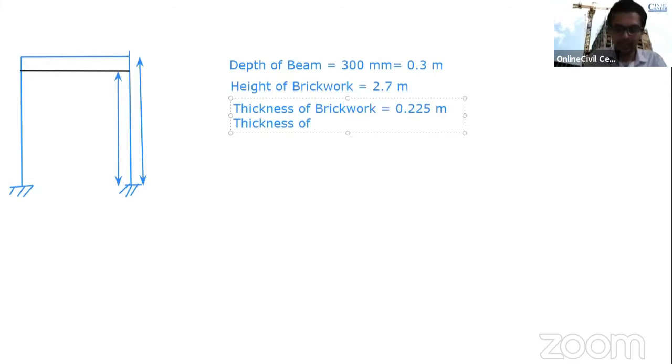So you can take it as per the thickness of the plaster or mortar you provide. Let's take the thickness of mortar equals 0.025 m, which is 1 inch. So 1 inch is the thickness of the mortar or the plastering works we have considered. Now we have the brickwork thickness, we have the plaster thickness. The next thing we need to find out to determine the weight is the unit weight.